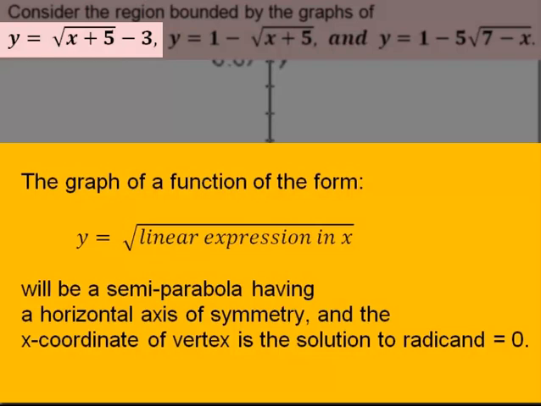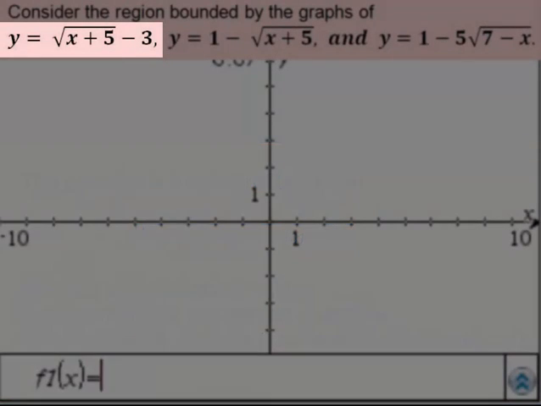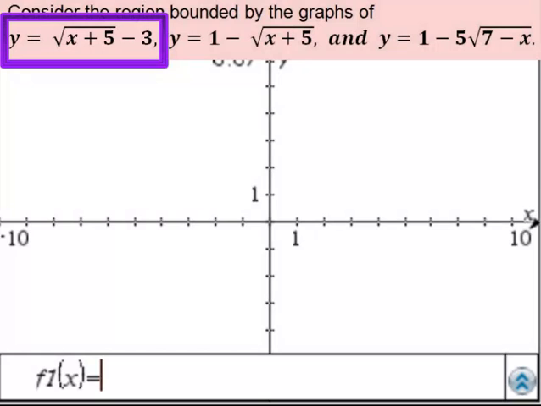That much you know just because you see a y equals 2 square root of linear expression in x, and the minus 3 will translate it down 3 units. You can do an even more in-depth visualization of this if you have studied transformations and you have memorized the graph of the quintessential semiparabola y equals 2 the square root of x. So here we have f1 of x equal to control square root of,